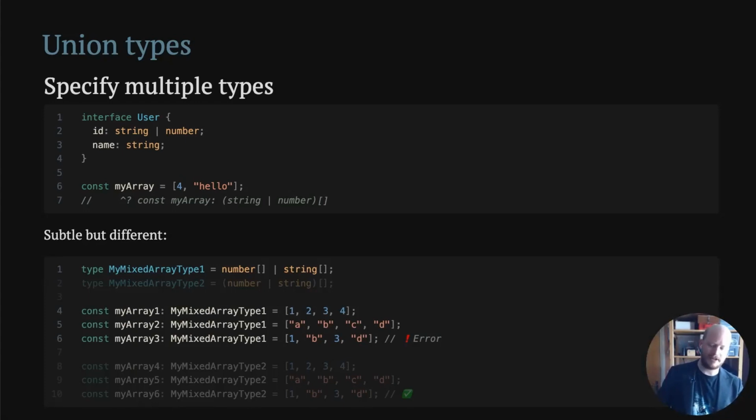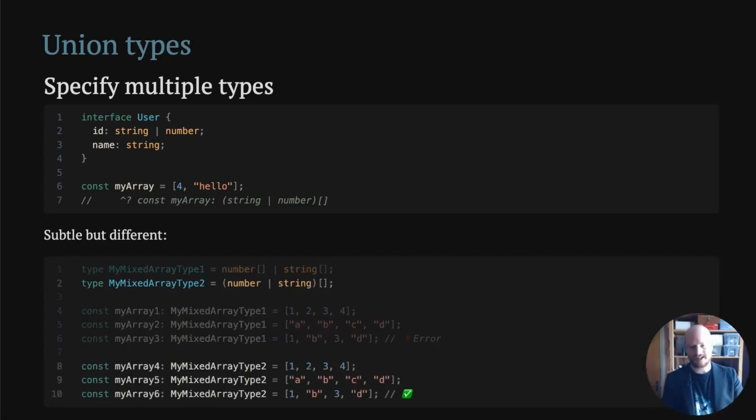The array A, B, C, and D works fine. But if we mix them, we will get an error. Because what we're saying is that either the entire array is numbers or the entire array is strings. You can't mix them. In the second case, we say that this is an array of elements that are either string or numbers. So here all of the 3 examples work fine.